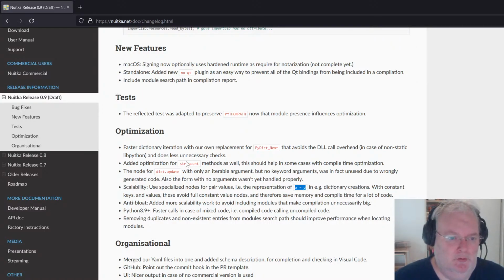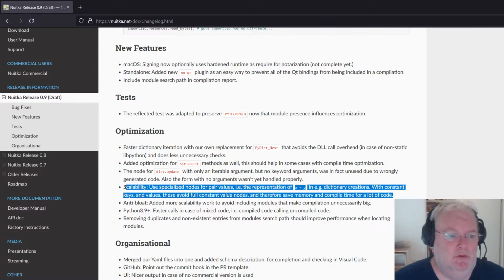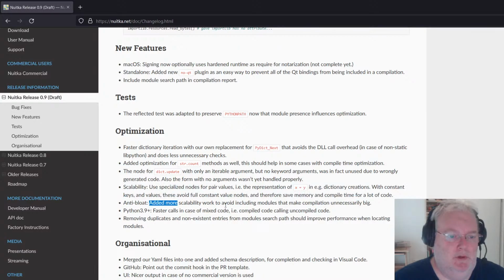But for example, str format takes arbitrary arguments, essentially pairs, and needs to store them. And I want to make the call code reusable, but I'm not there, but this is an important step towards that. Then, of course, a lot of scalability work has been made.